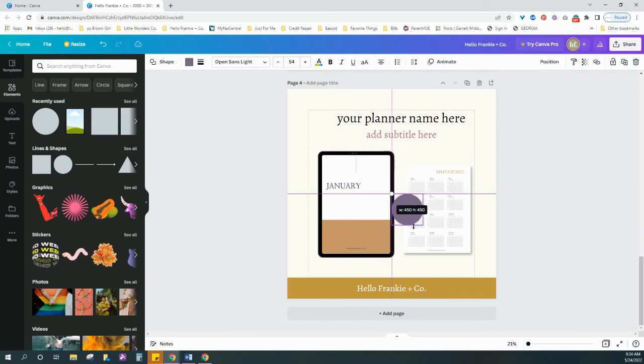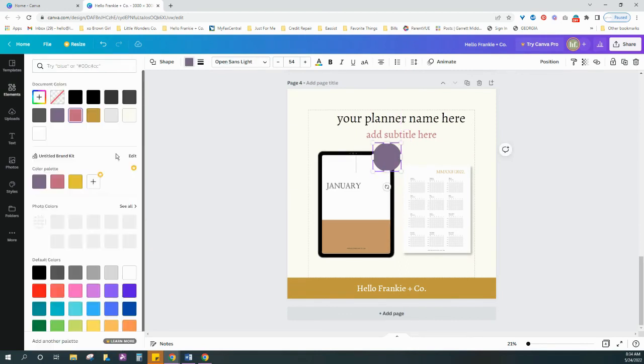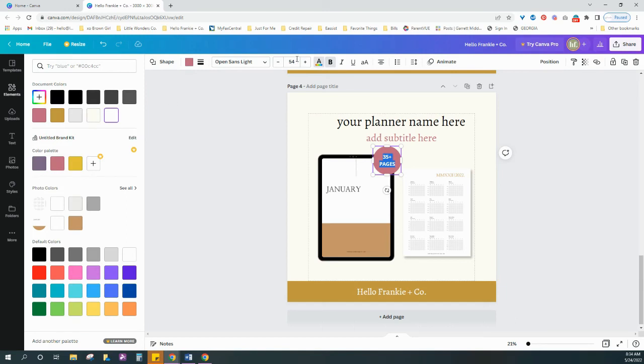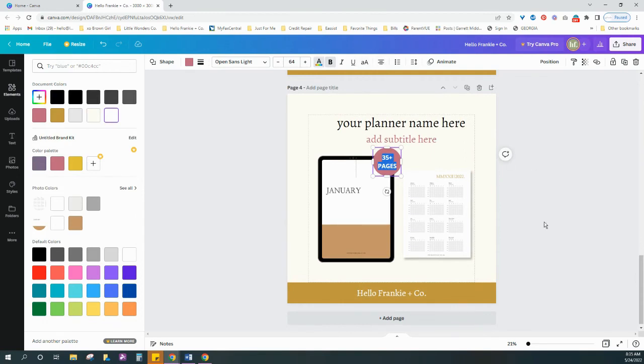So what I like to do is just resize it, and then let's see, we're gonna move it here like so. Okay, and then I'm gonna change the color. I like to make my circle a little bit brighter so that it can stand out. And then let's just say we're gonna put 35 pages, because a lot of my planners aren't even numbers. We're going to make this bold, and I like my text to be white. Okay, and then you can increase it so people see how many pages there are